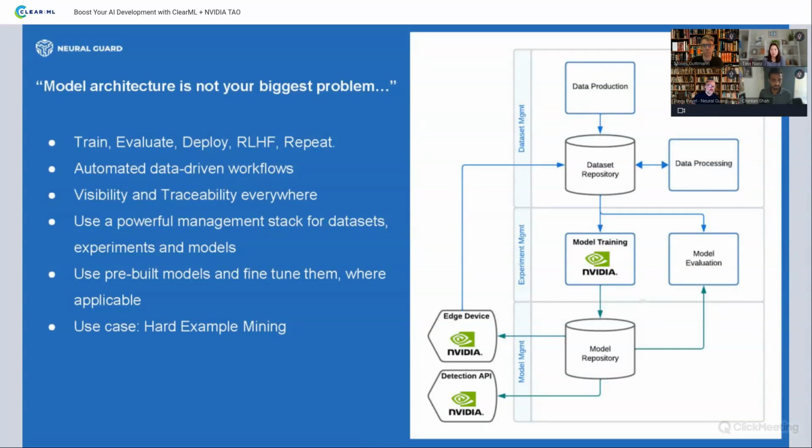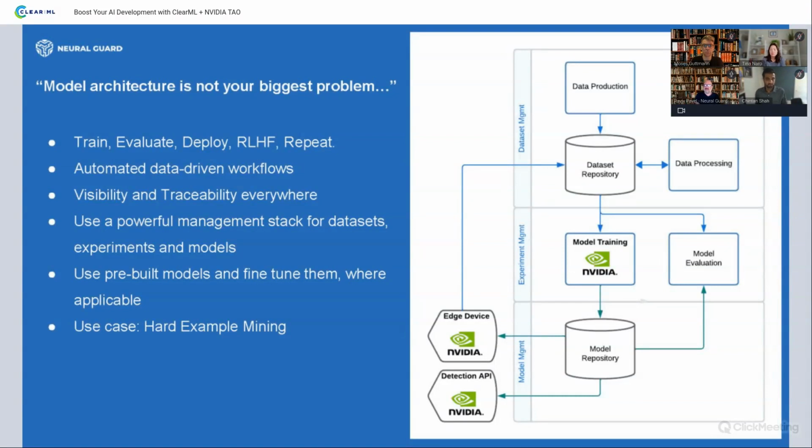So we all know that, on a very high level, you have that process, that workflow of training, evaluating, deployment. Then sometimes you have reinforcement learning with human feedback, meaning you take data that you saw in the field via the edge device.